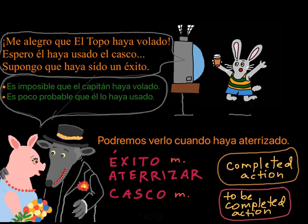Es poco probable que él lo haya usado. It's unlikely that he, it, subjunctive auxiliary verb, used. It's unlikely that he used the helmet. How do we know that it's helmet? Because that's what was talked about, and it's lo, and it is a masculine singular noun. Okay? So we have here words éxito, masculine noun, casco,